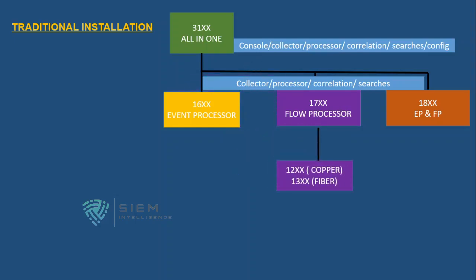12XX is for copper, that is Ethernet, the RJ45 port, where you can tap any one of your network devices, which may be a switch or a router. So you can tap and get the information of that particular network. There is something called 13XX, which is for fiber channel. Over here it will start getting the information of QFlows. There is another version called QFlows, JFlows. This is the advanced level of flows, where you can get information up to layer 5.